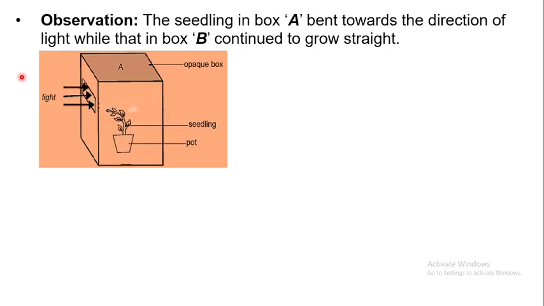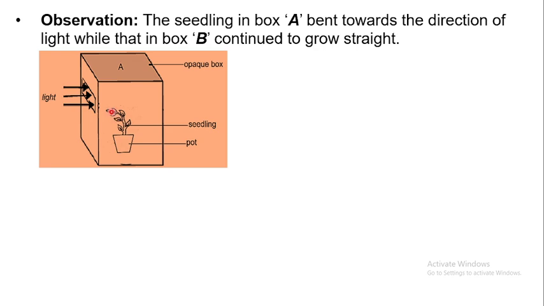All right, then you make observations. So it will be observed that the seedling in box A bent. Here you see the plant has bent in response to the light. It's following the light. Biologically speaking, when light falls on this part here, the cells in